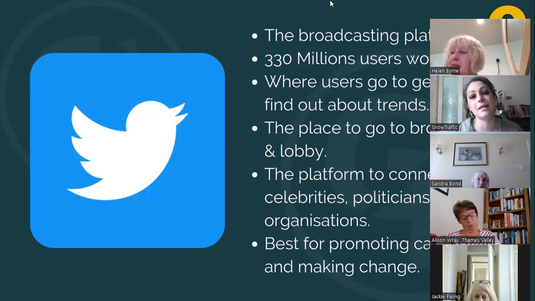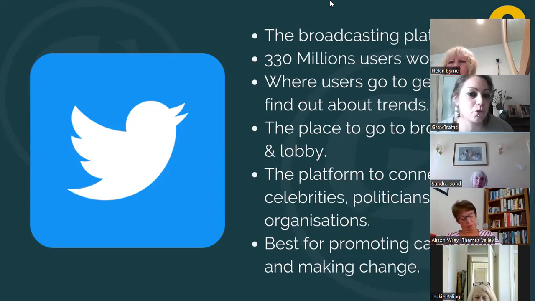Everybody panicked and said, oh, Twitter's dead, it's got no place. But Twitter is the only one that you will hear being talked about on the 10 o'clock news. They'll say the president of America has tweeted this, or the prime minister's tweeted this, or such a body's died and some celebrities have tweeted this.